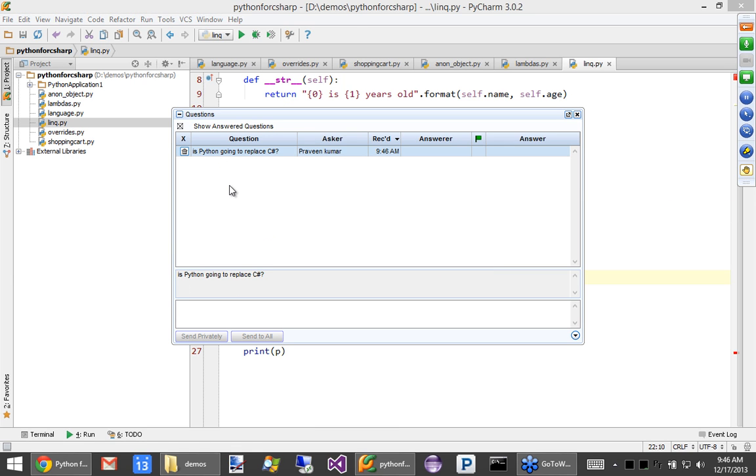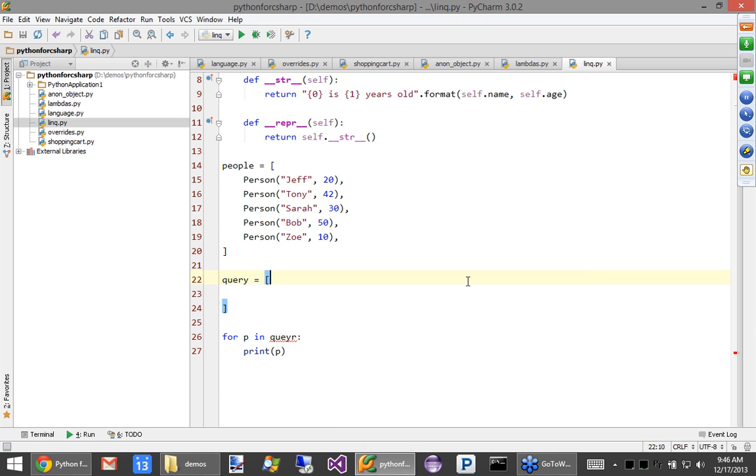Is Python going to replace C#? Great question. I think they serve different roles. If you're building Windows applications, and that's all you're doing, .NET is pretty compelling, right? Because it's just so tightly packaged up and integrated. But I'm actually running this on VMware, my Windows 8 machine on VMware on a Mac. And if I copy this over to my Mac, it will run without me changing it. I could even create applications like exes and .app files for OS X, and I can copy them both places and run them. The cross compatibility is super, super neat.